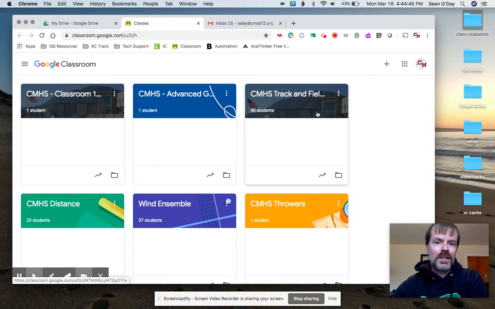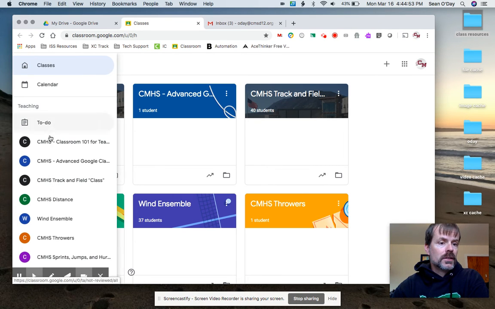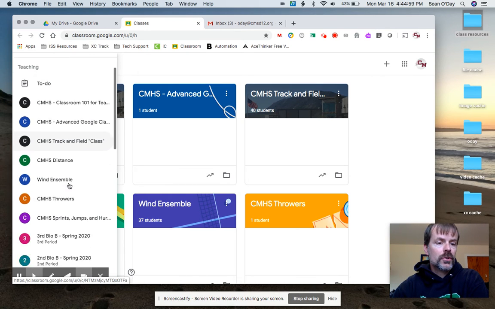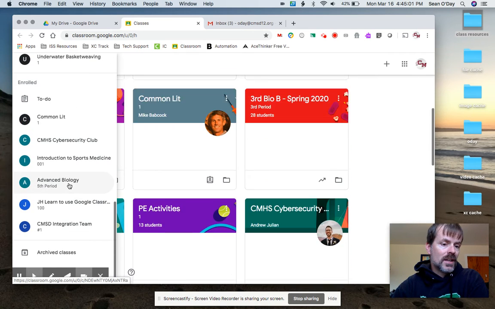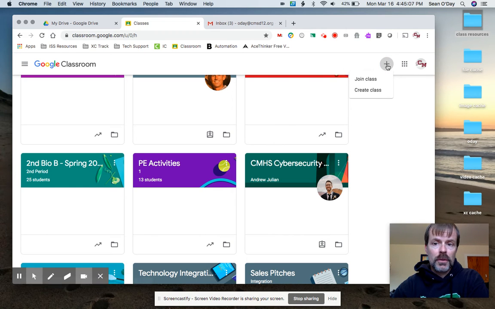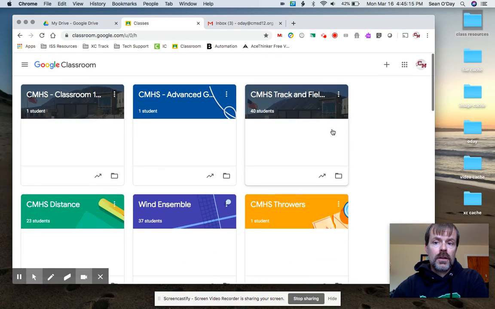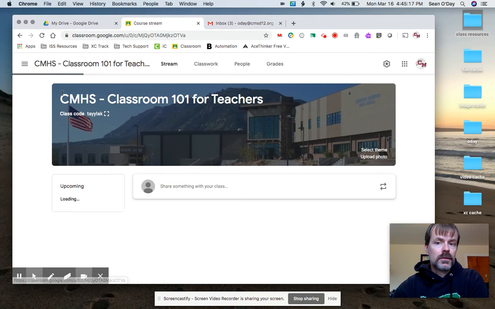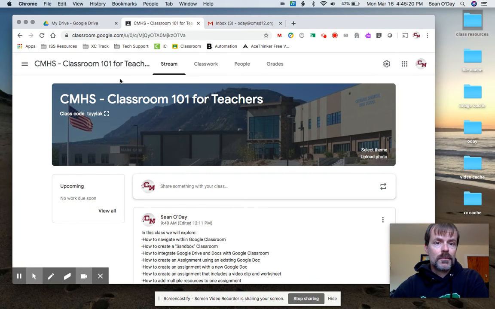If I were a student in these classes, they would see a picture of me. So here, the 3 lines, this shows me a bunch of things. I don't really advise using this calendar or this to-do list, but it does show me what all classes I have, including down here, a bunch of archived classes. If I come over here to the plus, this is how I can both join other people's classes and create classes myself. And if I click on a class, I will see a couple new options: stream, classwork, people, and